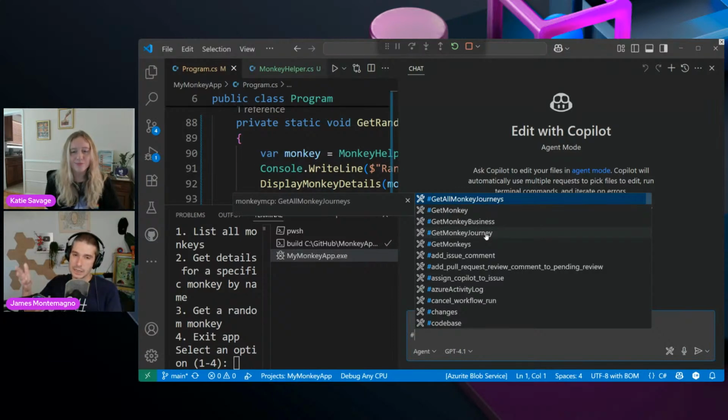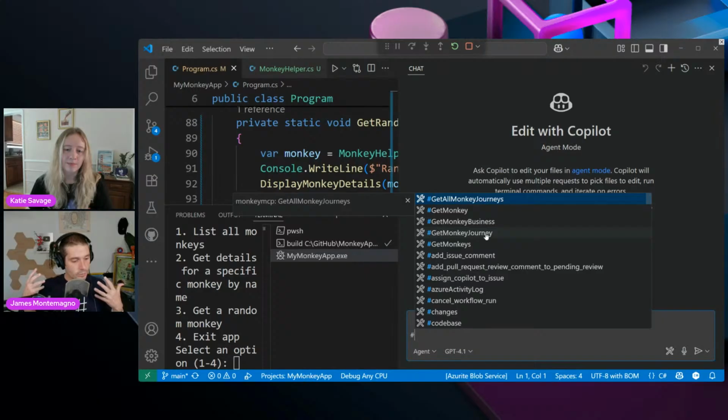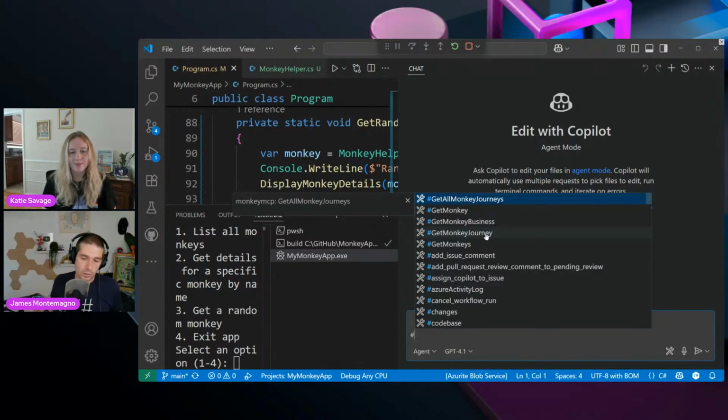This monkey data is kind of static, but you can imagine that it may change the population. Imagine that you were working as a zoologist and needed to perform data analysis of monkeys you're tracking. They have little trackers on the different animals. Imagine if this MCP server was not just returning a bunch of monkey data, but could actually give you information about a monkey's journey for the day.